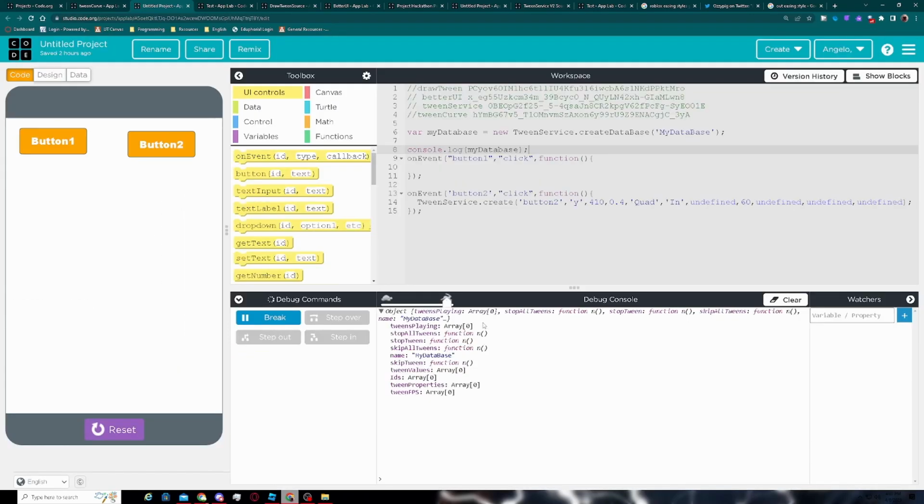So we can see here, this contains tweens playing, stop all tweens, stop tween, skip all tweens, my database, or the name, skip tween, tween values, IDs, tween properties, tween FPS. Stop all tweens is going to stop every tween in the database. Stop tween will stop a specific tween in the database. Skip all tweens will skip all tweens in the database. And skip tween will skip the provided tween in the database. The difference between stop and skip is stop will stop where it's at, while skip will skip to its final